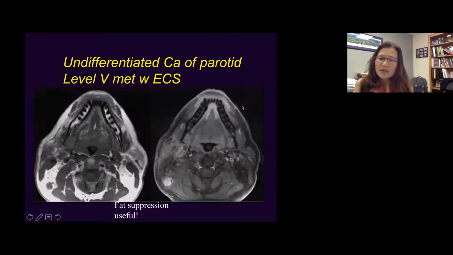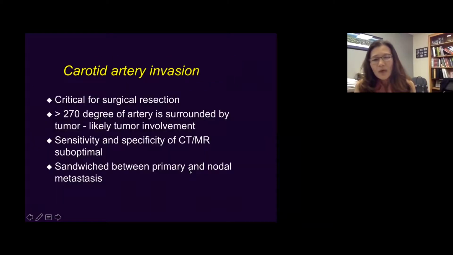You can see extracapsular spread in a relatively small lymph node metastasis. For example, this is an undifferentiated carcinoma of the parotid gland, with this level 5 metastasis. Notice the spiculated border. So when you see this on the post-contrast fat suppressed images, you have to raise the suspicion for ECS. Now, carotid artery invasion is a very important finding because if the carotid is encased, the surgeon will